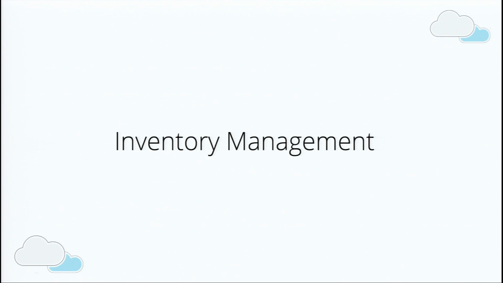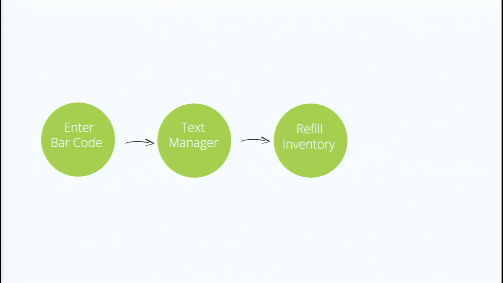And emailing it to the manager is probably not a good idea, because the manager is getting hundreds of emails a day, and he doesn't always see these emails. So information is getting lost. Even though you send it to him, you're not really sending it through the best method. So they enter the barcode, and then using an app, they text the manager, so he gets that information right away. It's more of a direct line to him instead of going to the massive inbox that's filled with emails.